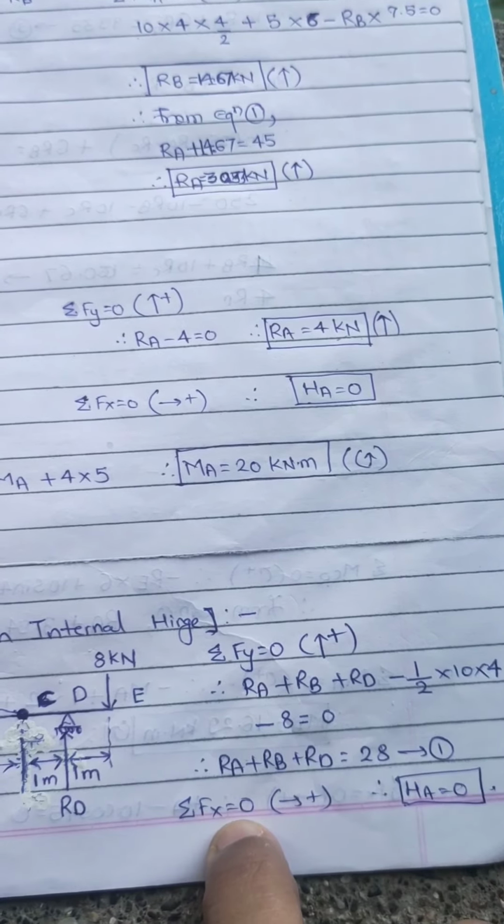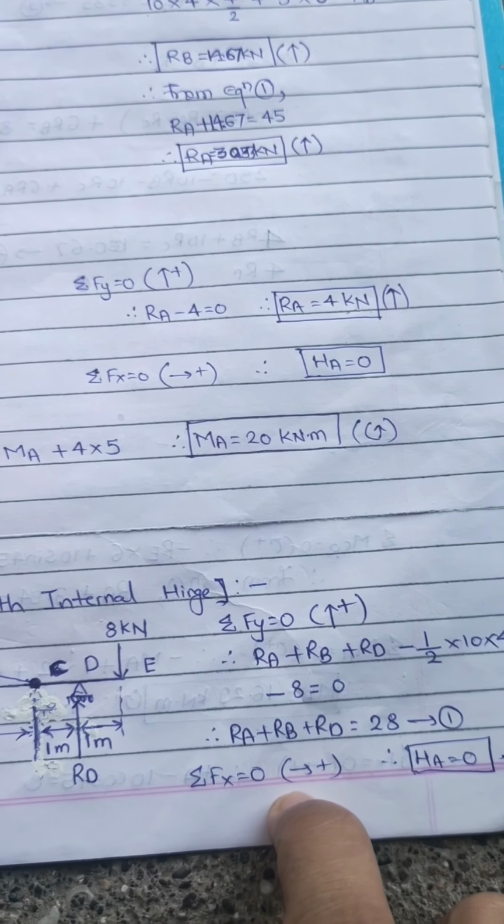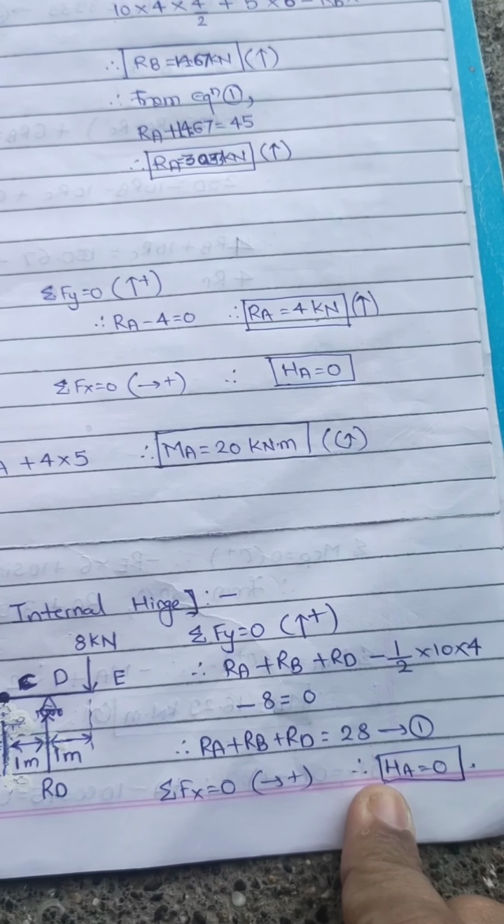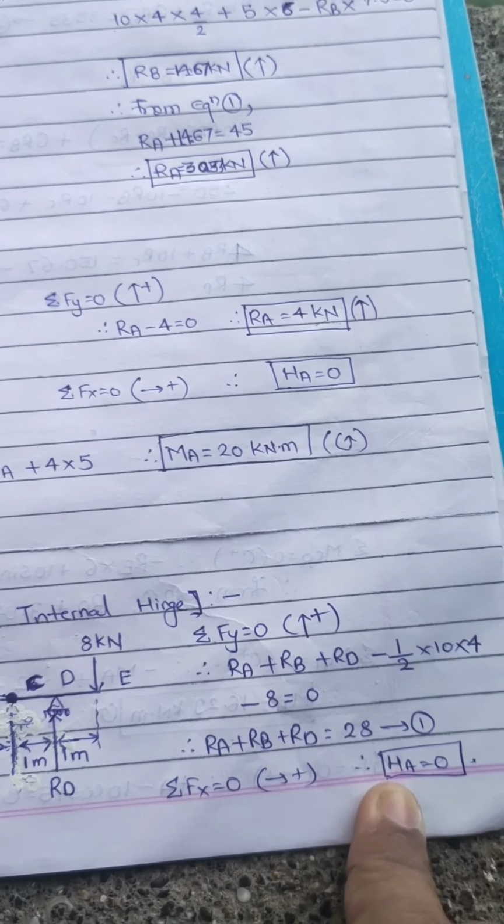Again, as I said there is no horizontal load, so the summation of x equal to 0. In the direction, let's say I'm assuming right direction positive, there is no use over here because there is no horizontal load, so HA equal to 0. Now my third part is to do